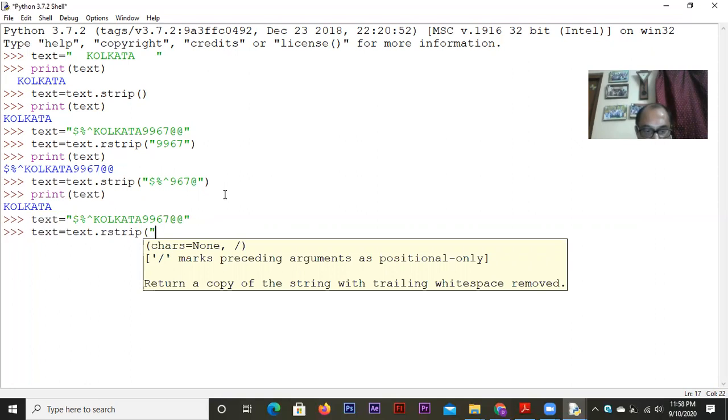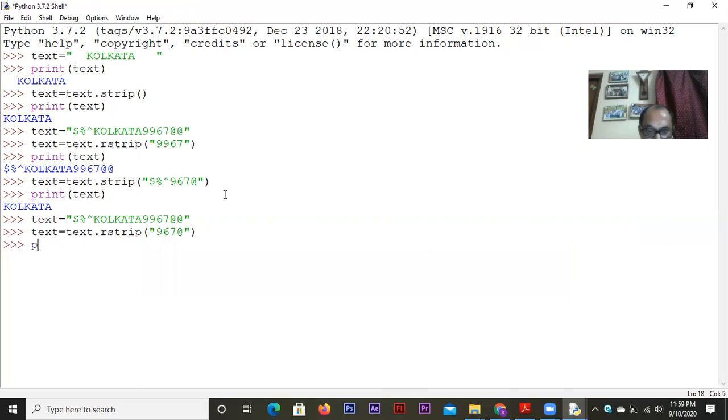First of all, I do not need dollar. Dollars and all are at the left hand side, so they will not be eliminated anyway with the rstrip. So I wrote 9, that means the character 9 I do not need. I do not need 6, I do not want 7, and I do not want an at the rate. So if I do only this much, let's see what happens.